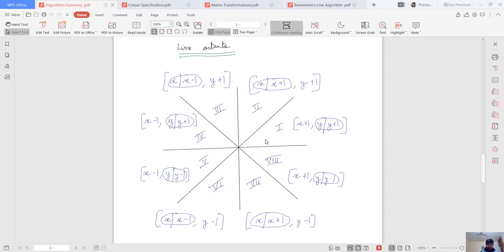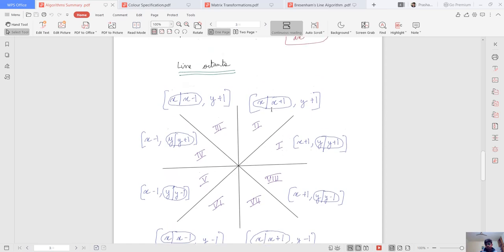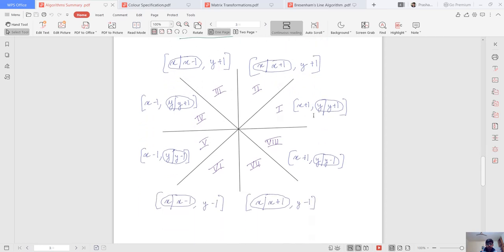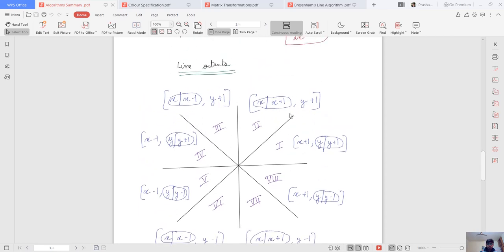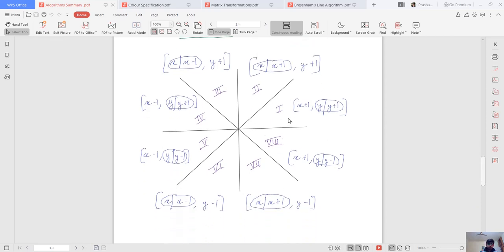You already know about the quadrants. This is the first quadrant, second quadrant, third and fourth quadrant. But these are the octants, and the plane is divided into 8 parts, obviously. So this is first, second, third, fourth, up to 8 octants. In some places you can also see that the first octant is taken here, and then second, third, fourth, fifth, rotating clockwise. But it is a convention. You can choose any convention, and on that standard you can work your code around.